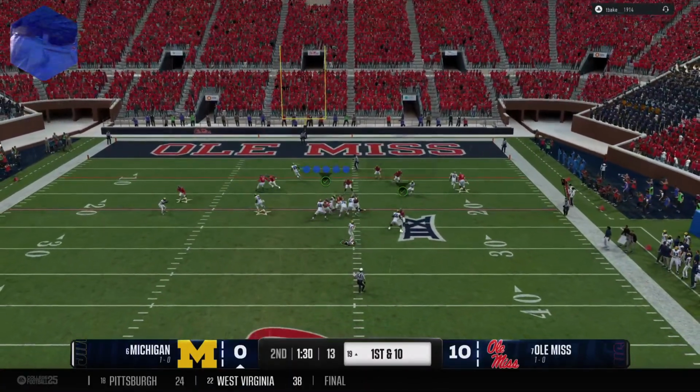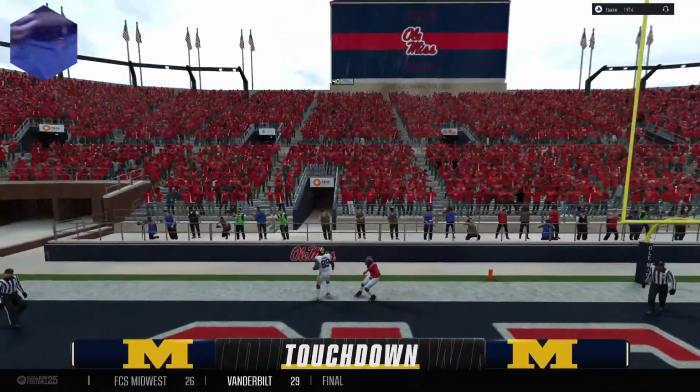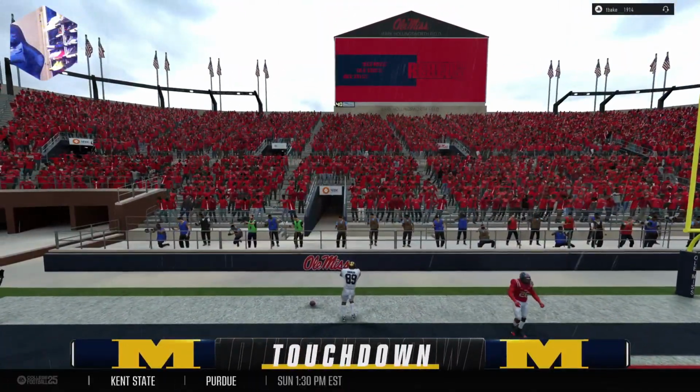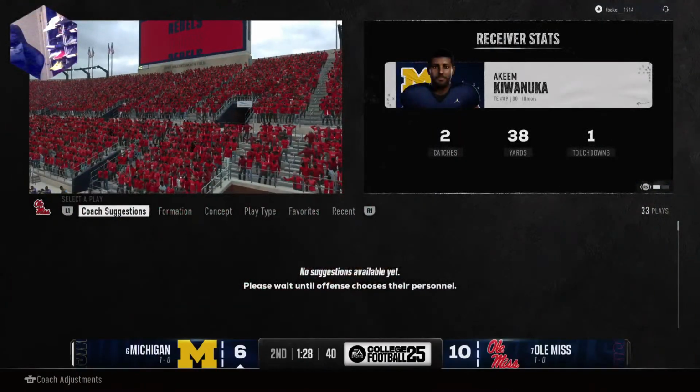From inside the red zone, they're looking to throw. And it's caught. Touchdown, Michigan. Well, the call was sort of predictable, Kirk, but that tight end is just so tough to stop down here